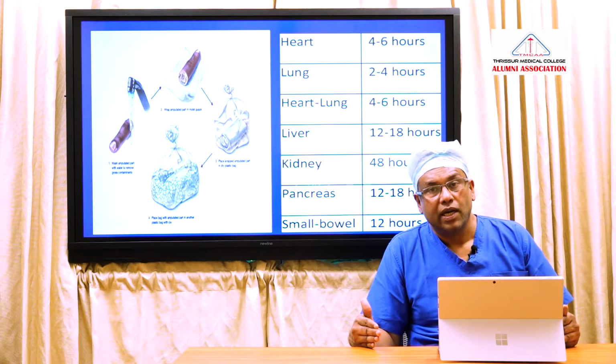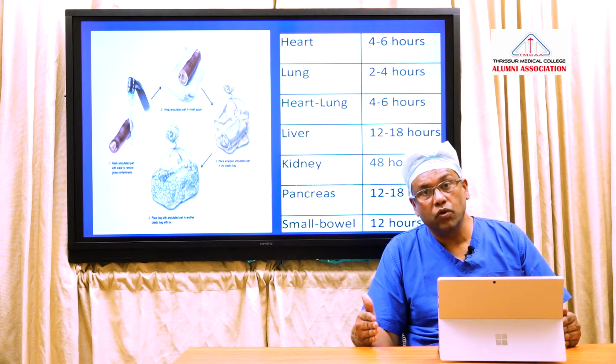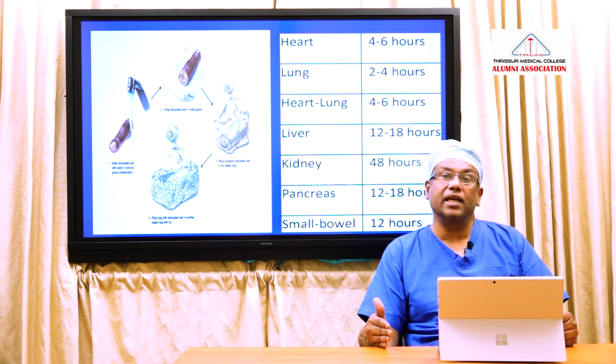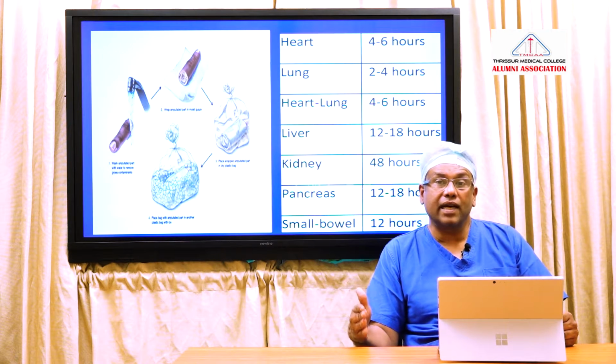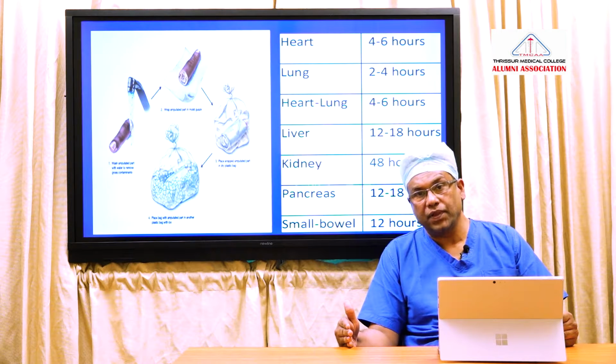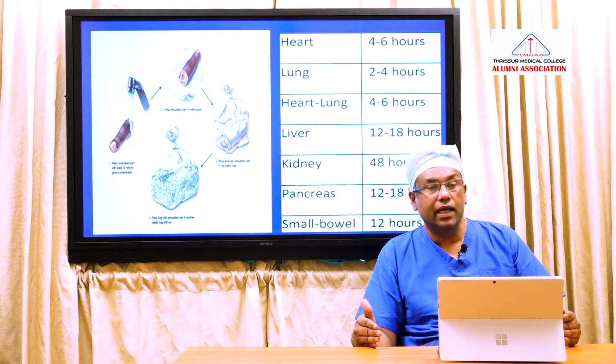And many a time, because the cold ischemic time has even been picturized in movies, there is a movie called Traffic, which is entirely based on this concept of the cold ischemic time of the heart, isn't it? So basically, it is the time for a dismembered organ to reach and be revascularized, right? And there are methods to keep it longer also, but I'm talking about the ideal timing.